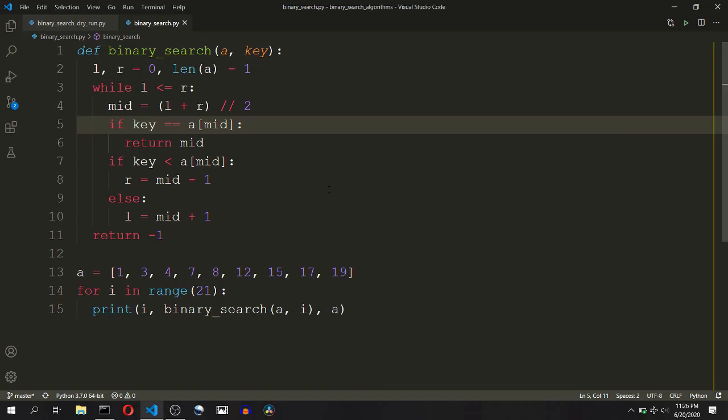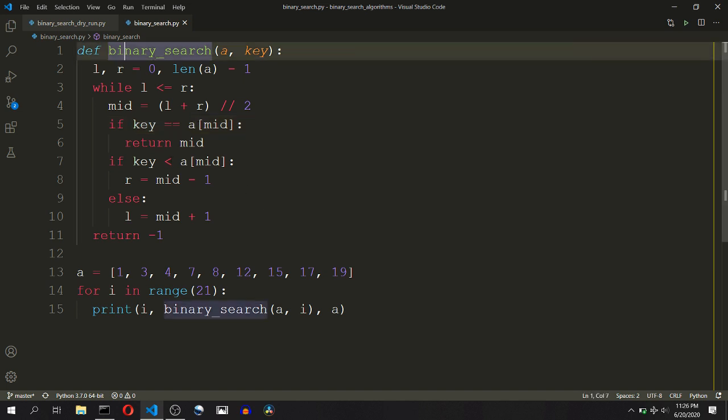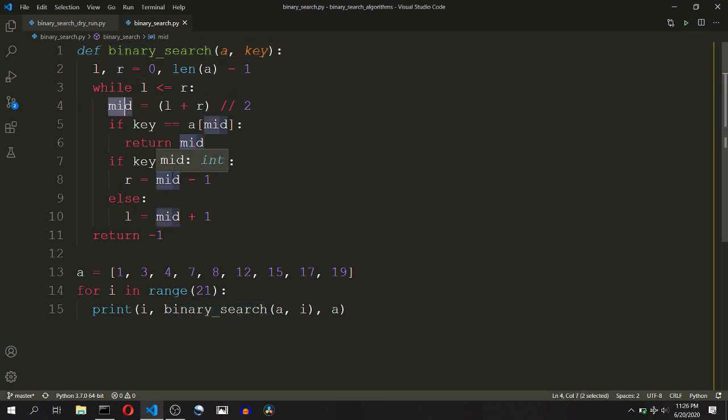In binary search, as the array size is divided into half in each iteration, the time complexity of this program is O of log n, log to the base 2 of n, because we are dividing the array into two halves. The space complexity is constant, that is O of 1, as the same amount of space will be required for the temporary variables, that is L, R, mid, etc., irrespective of the input size. That is, even though the array size will increase, it will still take a single integer value.